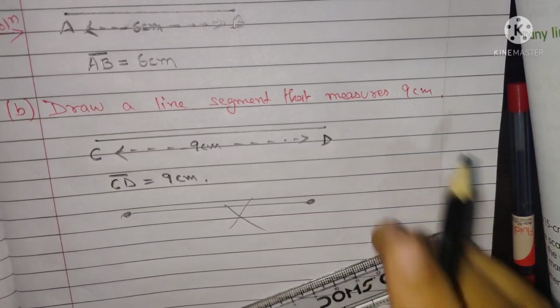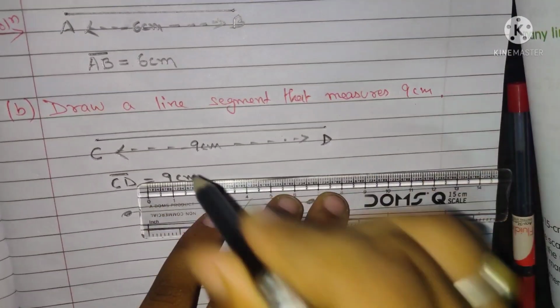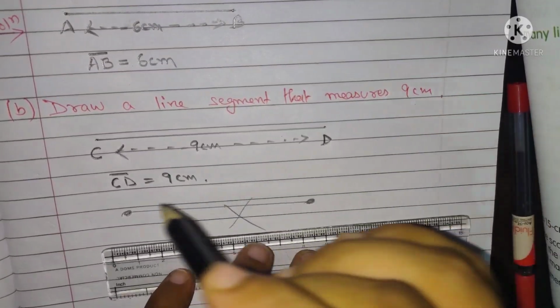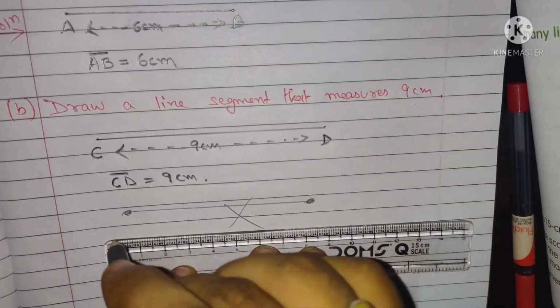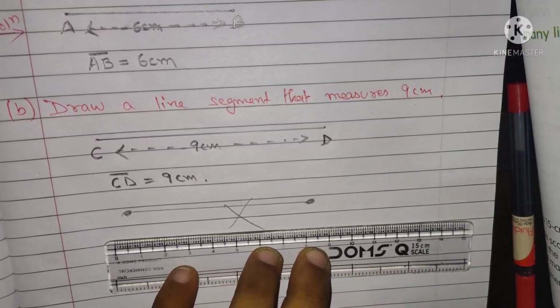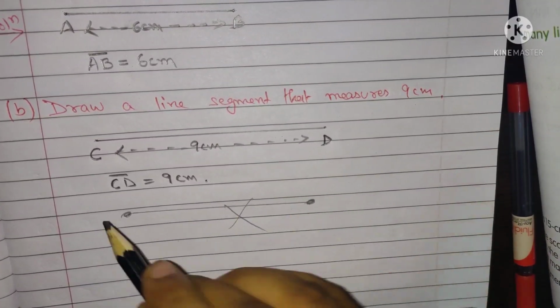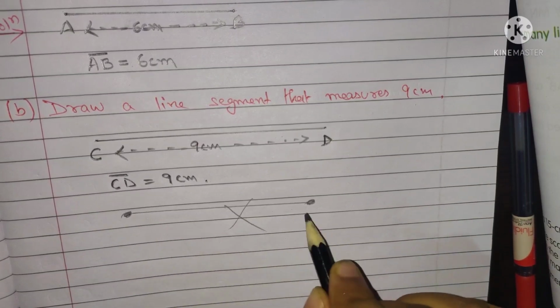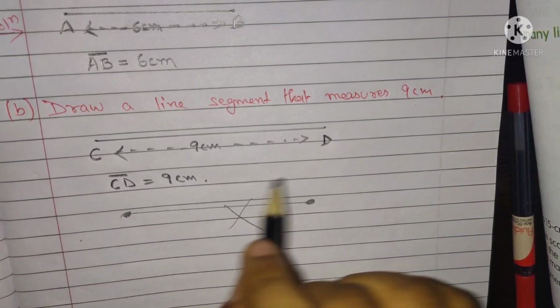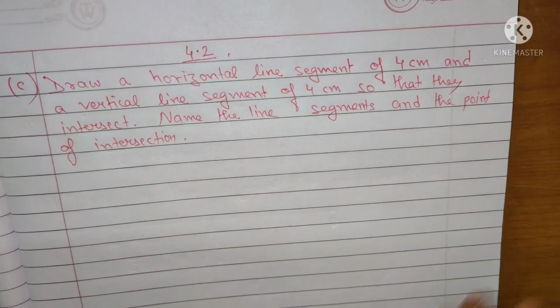To draw any line segment, first we will give the two dots. If you are asked to draw a line segment of 5 centimeter, you will place two dots at 0 and then at 5. After giving the two dots, only then will you join. Don't do it the other way, where you simply draw a line segment and after drawing it you join dots. This is completely wrong. This process is completely wrong. You can't do it this way.